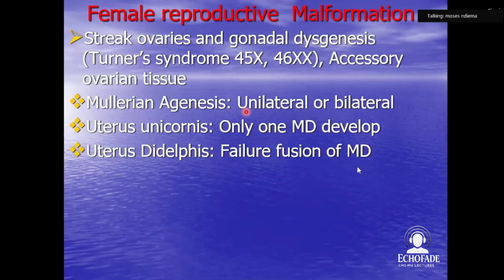Uterus didelphys, where you have failure of fusion. In failure of fusion, remember the Mullerian duct fused towards the distal part. So the proximal part of that, which is not fused, becomes the oviduct. So if the distal part failed to fuse together, then you'll have separate